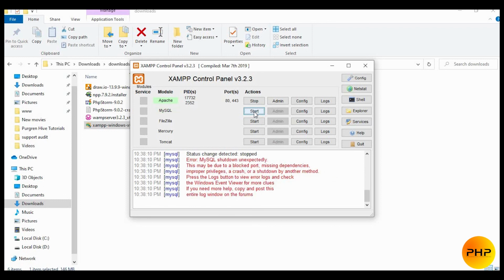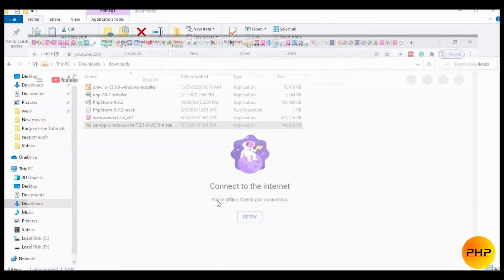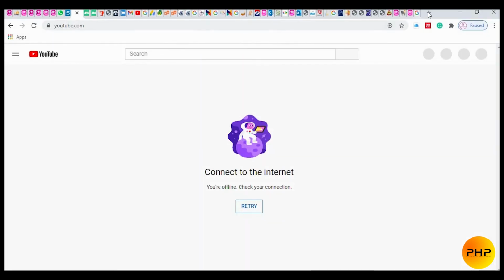Okay. But for you, when you are done with the installation and you click on start here and start this one, automatically the ports will be allowed. There wouldn't be any port issues as I'm experiencing. So you can just go straight. You start this one, you start the second one, MySQL, then you are good to go. So to test it, you go to your browser, and load my browser,